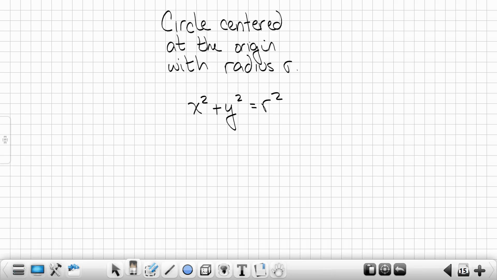What does this look like? a squared plus b squared equals c squared. Yep, this looks like the Pythagorean theorem. As a matter of fact, there is no difference between the equation of the Pythagorean theorem and a circle,